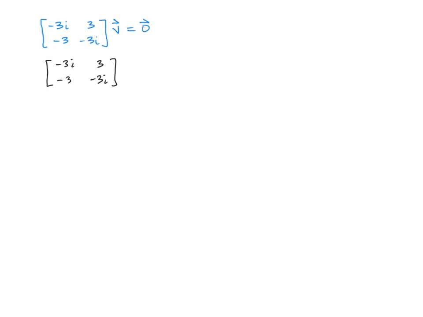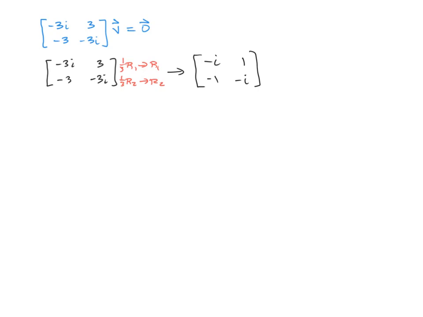But before we do any of that, we notice that we have a factor of 3 in every single row. So let's first multiply by 1/3 for each one of these rows. And that'll just downsize all of our coefficients. So that's going to leave us with a negative I and a 1, a negative 1, and a negative I for our matrix. And again, what we'll do now is multiply through by the conjugate to convert the imaginary number